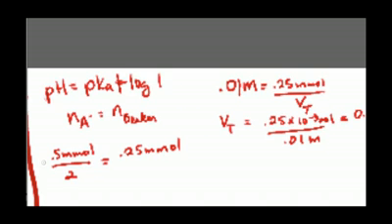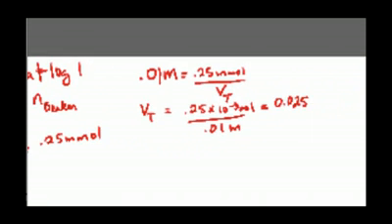I think I made a mistake. No, that's right. Okay, everything looks like it's okay. So that would be the volume in liters, right? Because this was in moles, or molarity, which is moles over liters. So if we wanted milliliters, we'd multiply by 1,000. It'd be 25 milliliters,